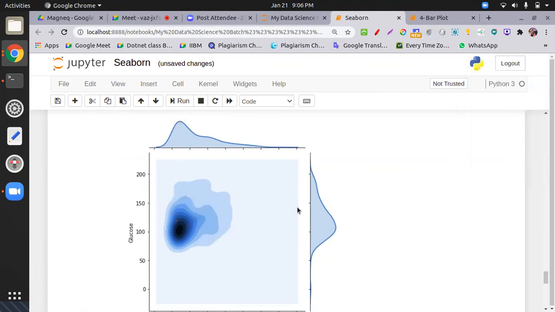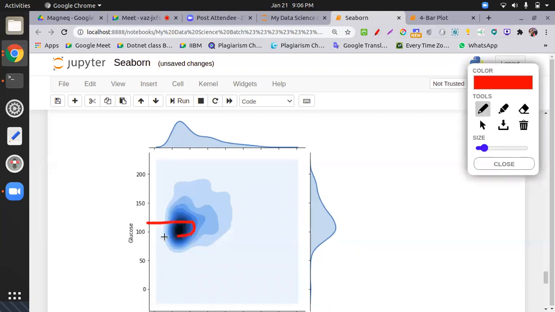All right, so what happens? Using a KDE line, you can easily find where the data is centered. Where is my good data? Where are most data points residing, in this range.